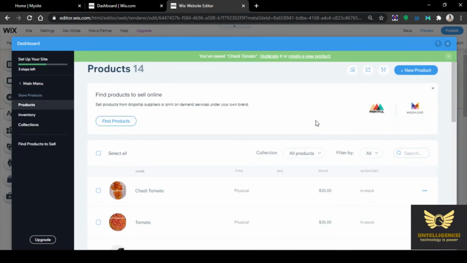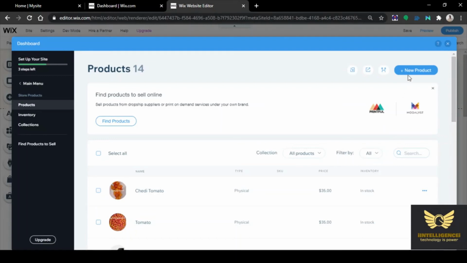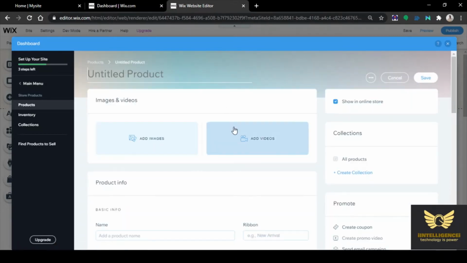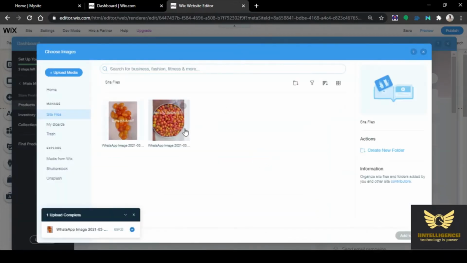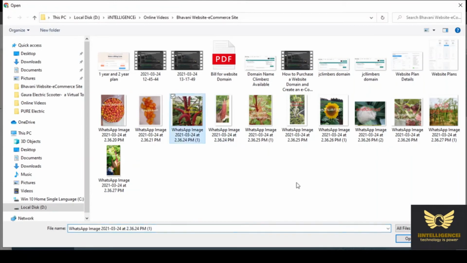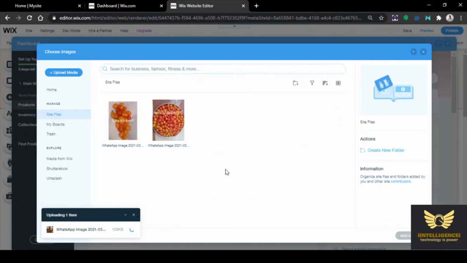Similarly, upload four more products like what I am doing now. Click new product. Click add images. Upload files. Upload from computer. Click OK.